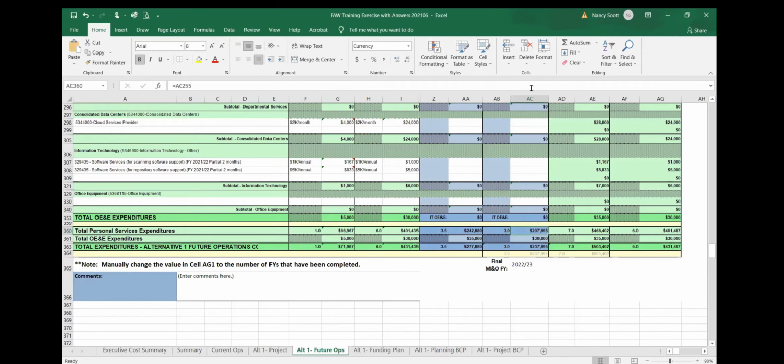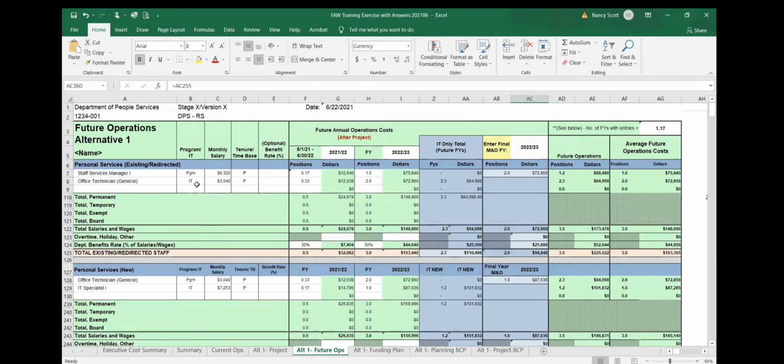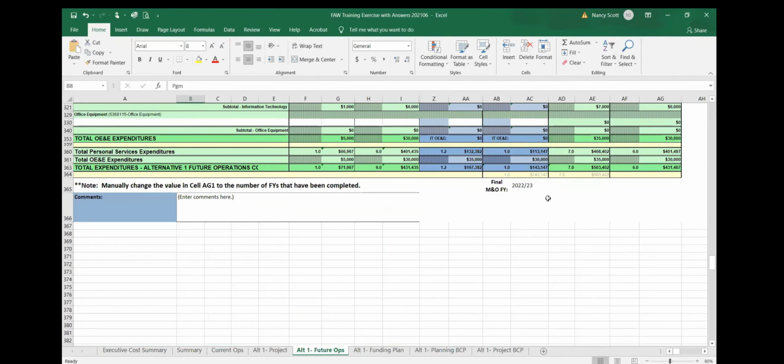This is just that. What are we going to need as a department on an ongoing basis? That would be in that AC column. That's what you would need on an ongoing basis. So if I went back up here and switched that back to program, it would tell me, okay, I need on an ongoing basis 143,147.